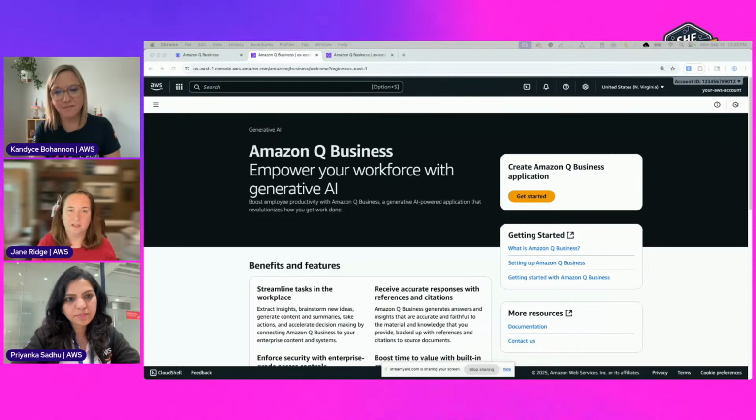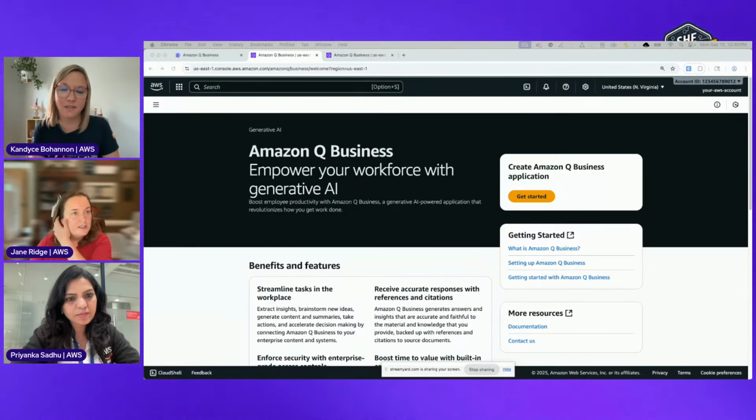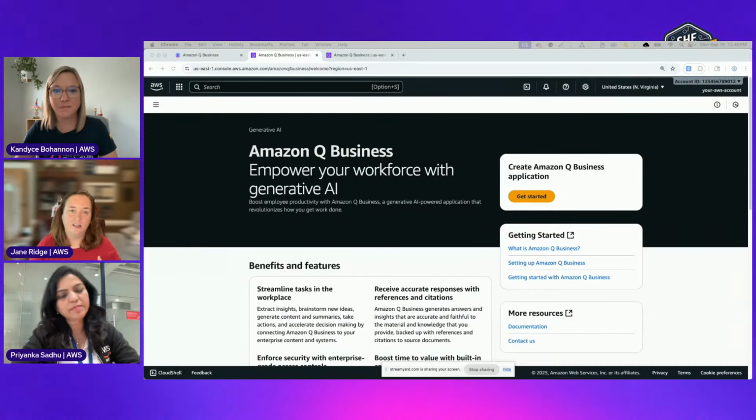There's a little bit of customization and we'll go through that, but you can just start using it. And so it's very quick to unlock value, which is what I like about this. So I encourage my customers to get started on this. So with Q for Business, we talked about this is basically a way when you have data, you can start unlocking this as a knowledge base.